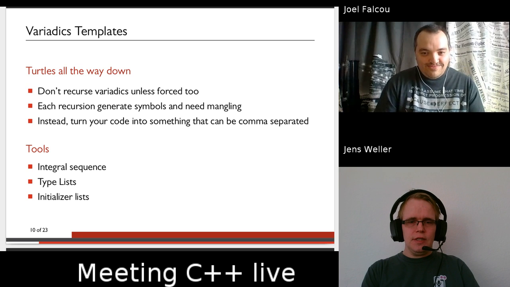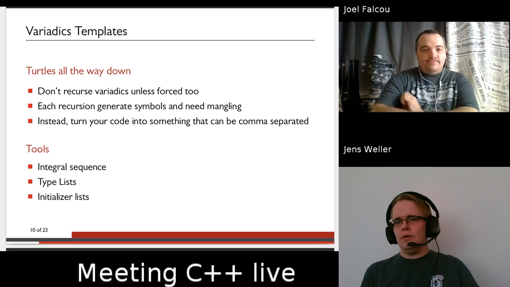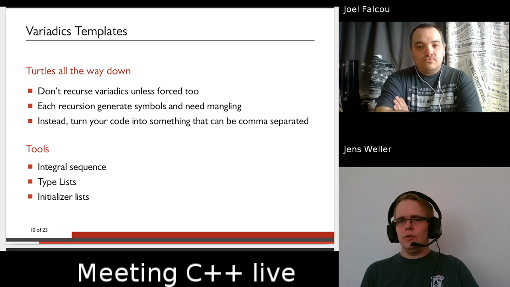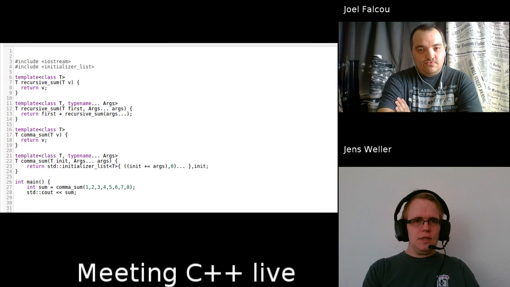That's why I prepared a small example where we can walk over and see how we turn a recursive version into this comma separated version, which sounds a lot more complicated than it actually is once you know the trick. So I'm gonna switch views, and that's our example,